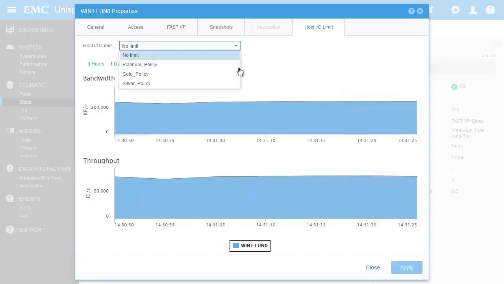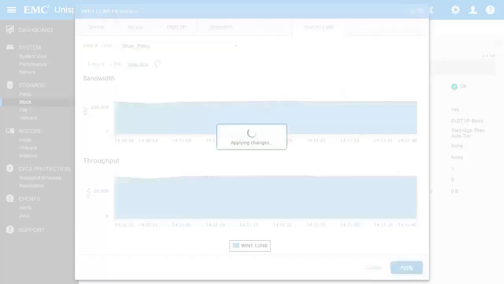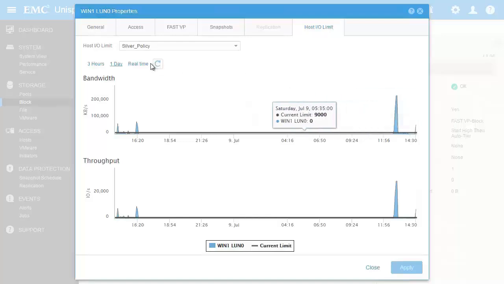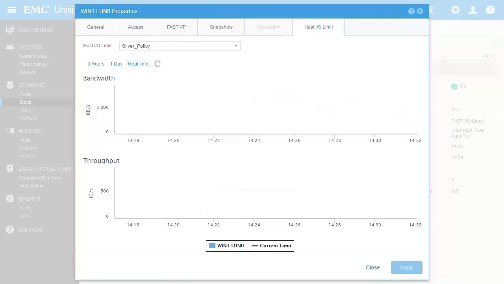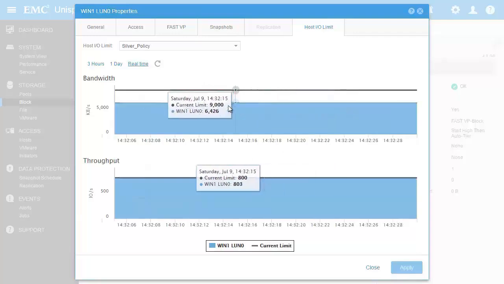Now let's apply the Silver Policy to this storage resource. Remember that this policy limits host access to a maximum of 800 IOPS and a maximum of 9,000 kilobytes per second. Once we hit the Apply button, we can see the policy has been enforced. Real time shows the output in 5 seconds update frequency. Observe that both bandwidth and throughput are within the